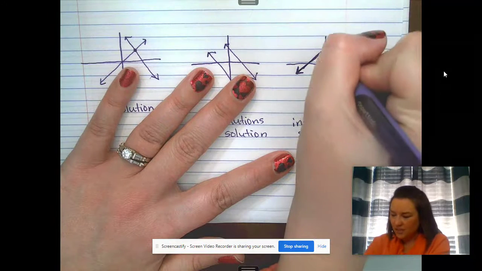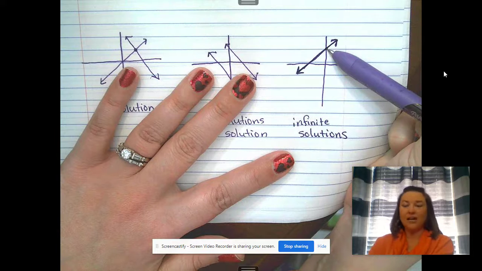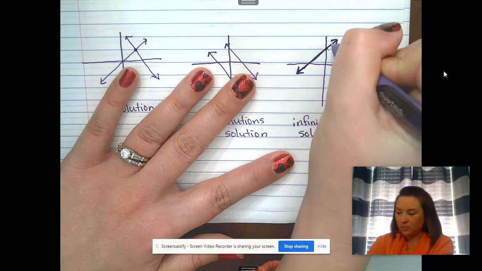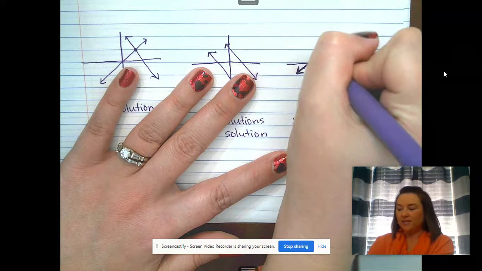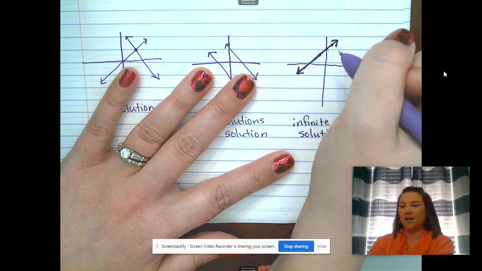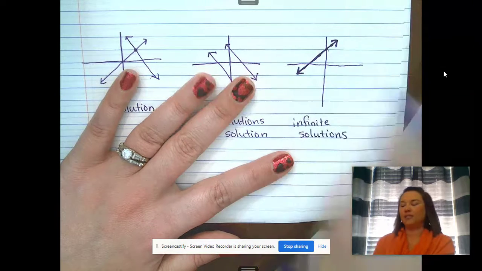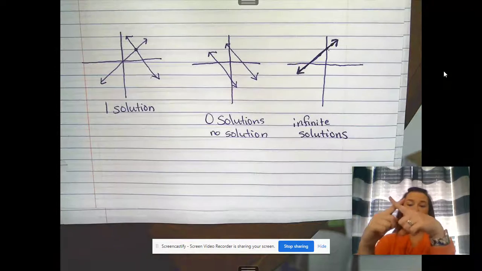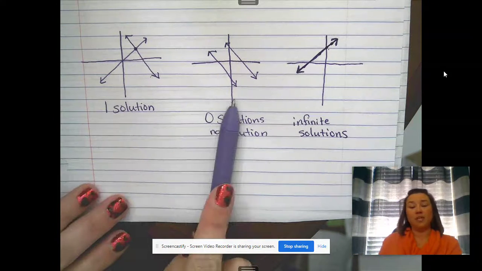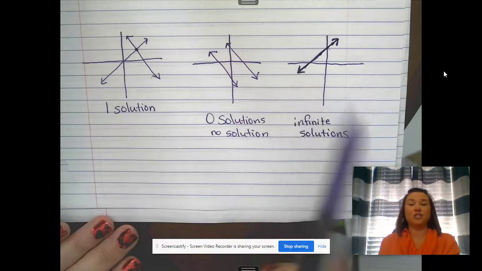So for instance, if this point right here was 0, 5, then 0, 5 would be an answer. If this one was 1, 7, that would be an answer. If this was negative 2.3, 4, that would be an answer. Any point that's on that line. So we have three options. There can be one solution, which means the lines cross at just one point. There can be no solutions, which means the lines are parallel, or there can be infinite solutions, meaning the lines are on top of each other